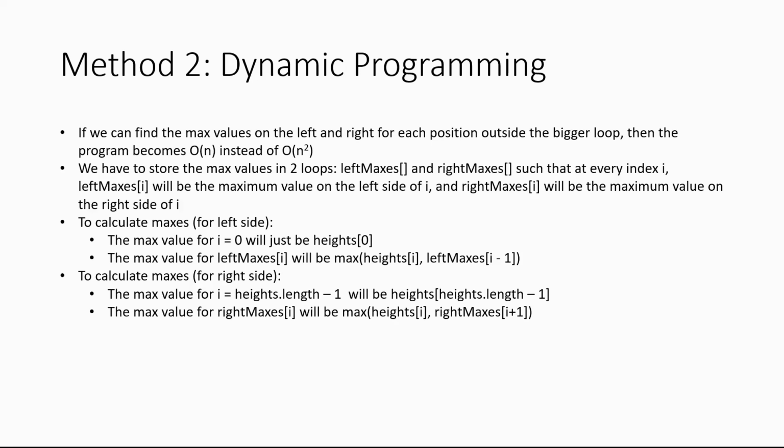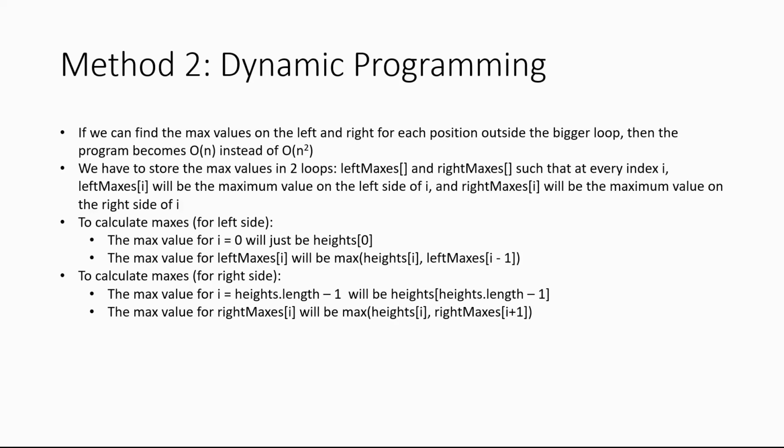To do this, we have to keep two arrays, left maxes and right maxes, which we have to make such that left maxes at i will be the maximum value on the left side of i, and right maxes at i will be the maximum value on the right side of i. To create these two arrays, there are two steps. The first step is to initialize the first index to just be the height at that position,